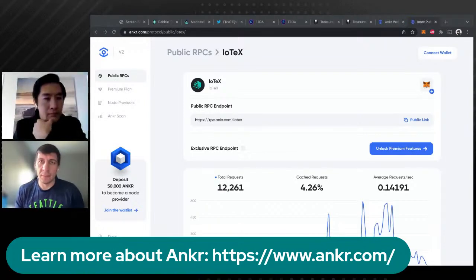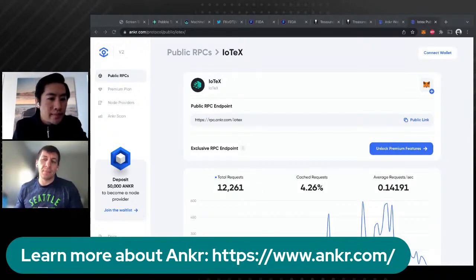So currently, imagine you're running IoTeX nodes, and there is capacity to add these nodes to this pool, and it doesn't really cost much to do so. You can make these nodes part of our distributed RPC pool, and be incentivized for providing this infrastructure, which eventually will help us decentralize the